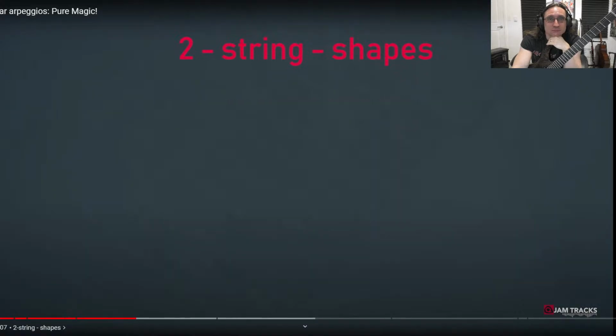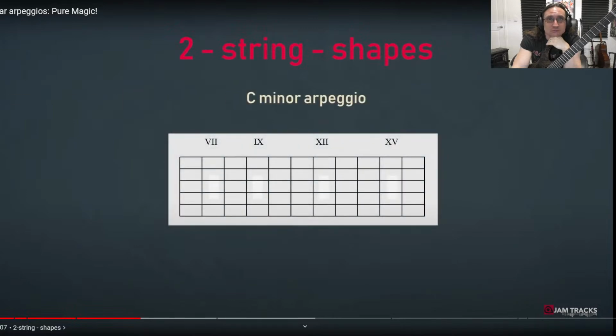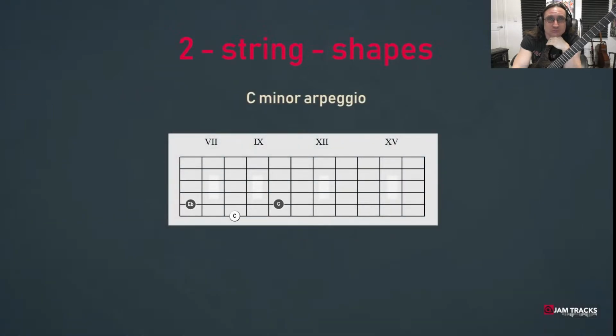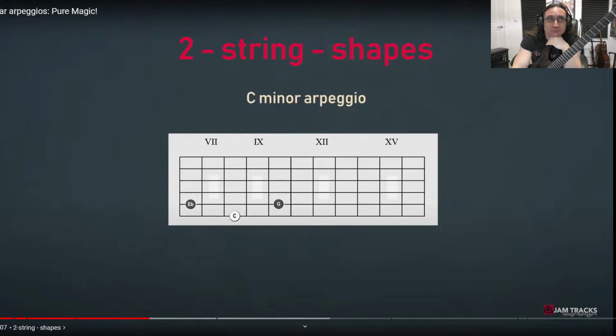We could do this also for the minor and the diminished chords. The basic minor arpeggio shape would be C, E flat, G. And next we'll repeat this over the neck in 3 different octaves. C, E flat, G, and C, E flat, G. I mean, isn't that showing 2 different shapes right away, though?